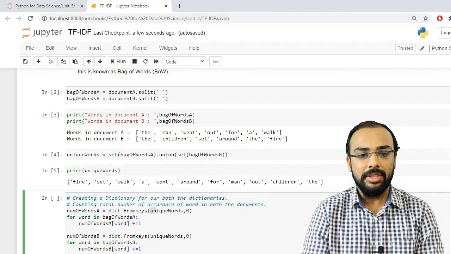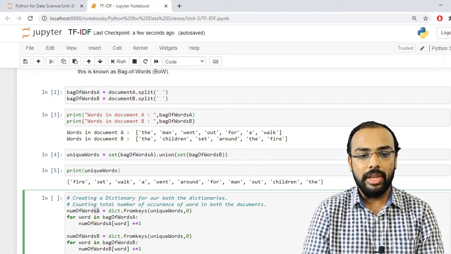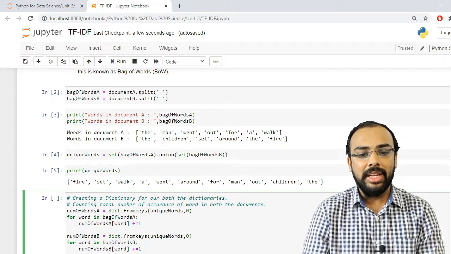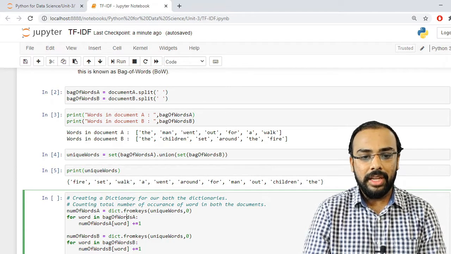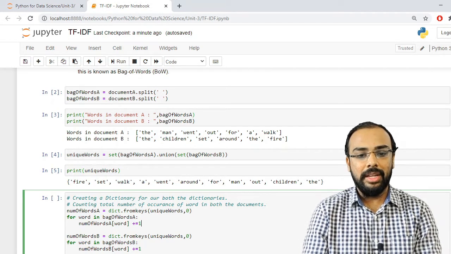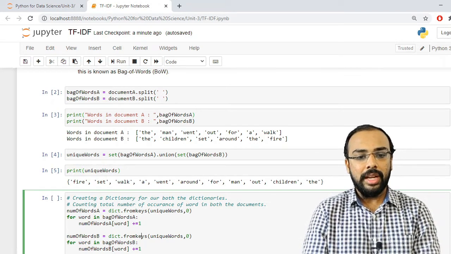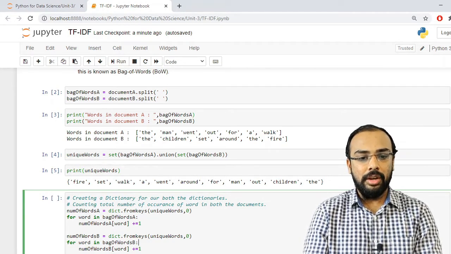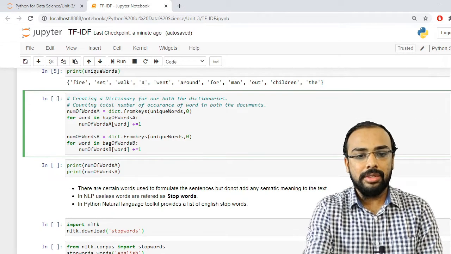That means I am considering my unique words as my keys, and I am creating the number of words of A. Now I am iterating over each and every word and incrementing its counter. If the word is present, I am taking that word and incrementing its count by 1. Similarly I have done the same for the number of words in B. Simply I have executed a loop, I am storing it and incrementing its value. So let us run this.